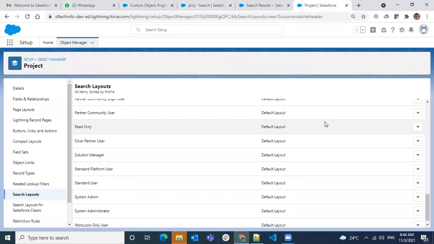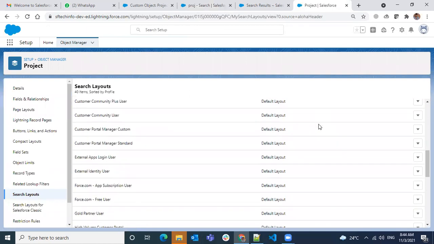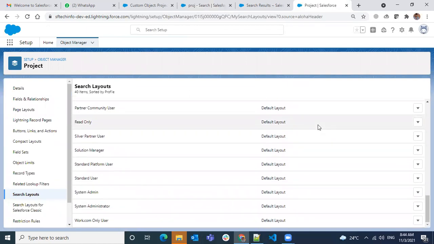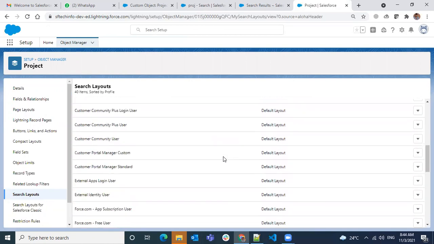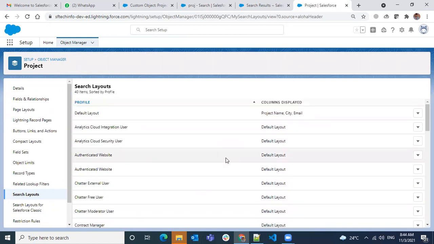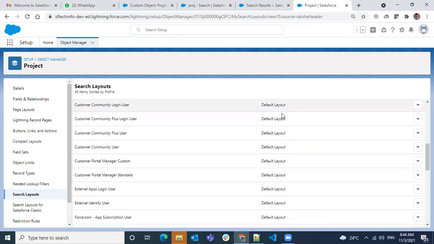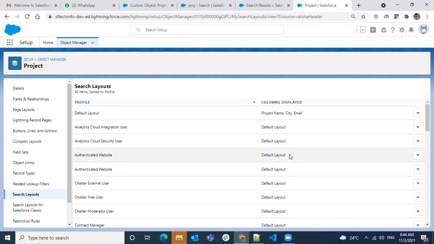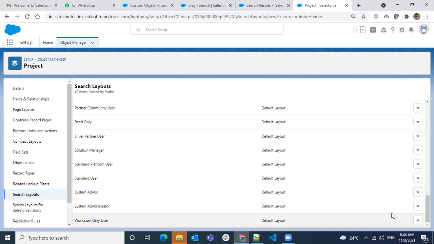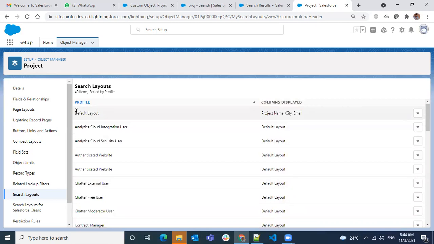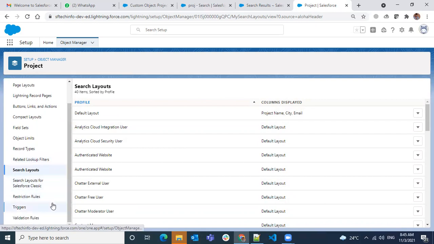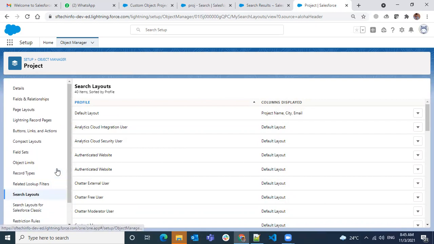Hmm. So once we added, I don't see a clear control over here. We're losing some control. Maybe it is in the beta version. Yeah, we'll come back to this one later to see why it is not working. But when we make a change, it is working. When we are setting back to a default layout, it's not working. Maybe it is a beta version and Salesforce is still working on these layouts. That might be the reason.